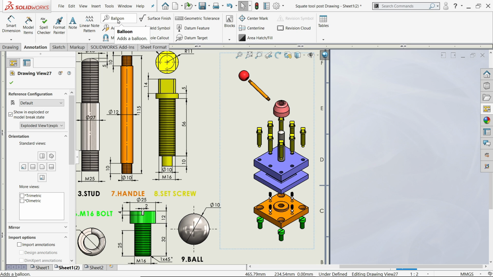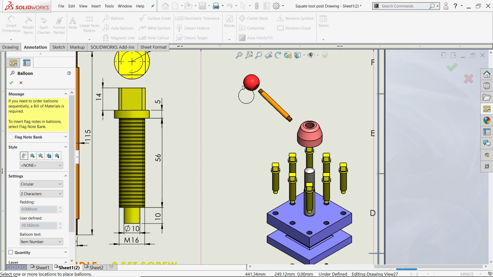Now allocate balloons. I'll add near. This is the